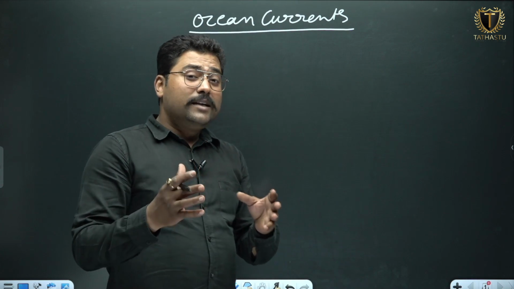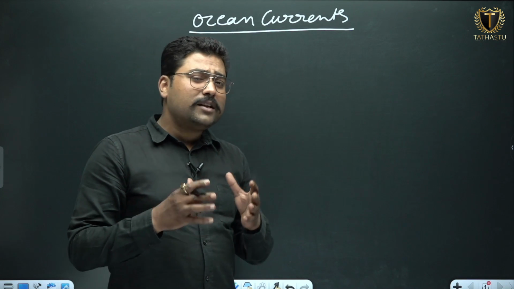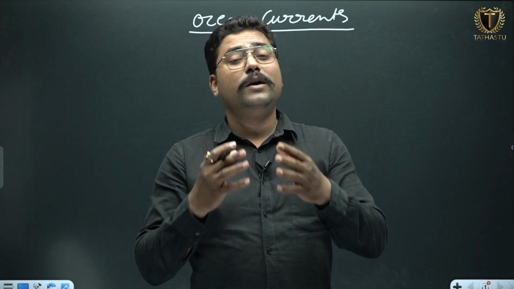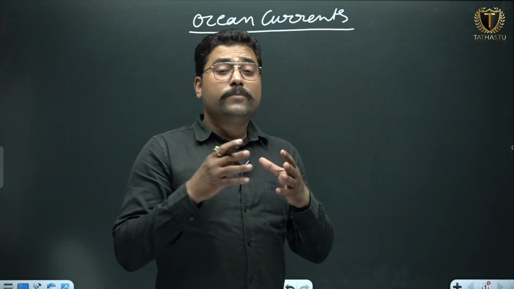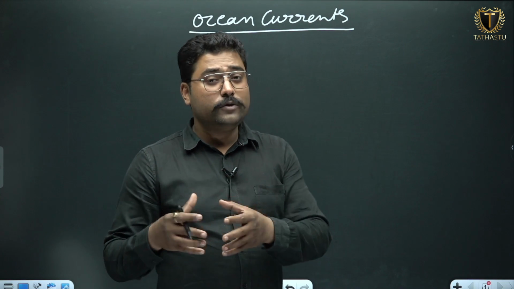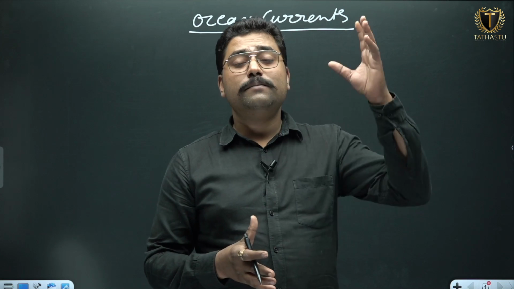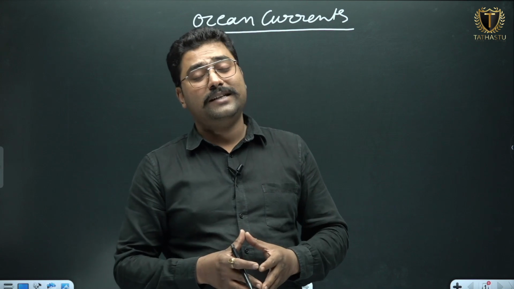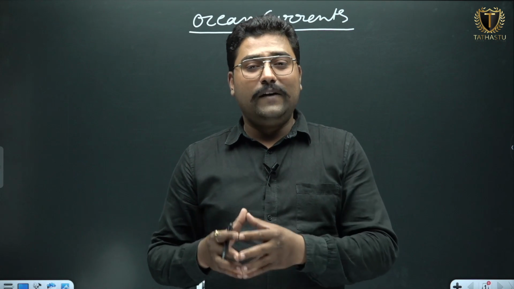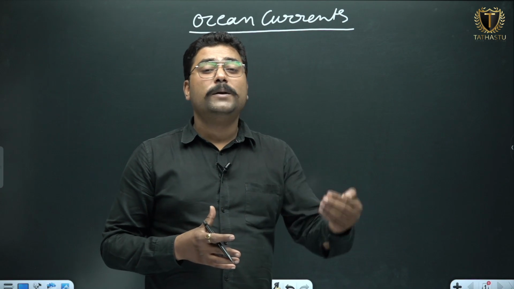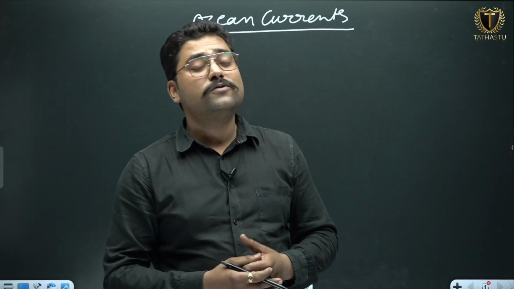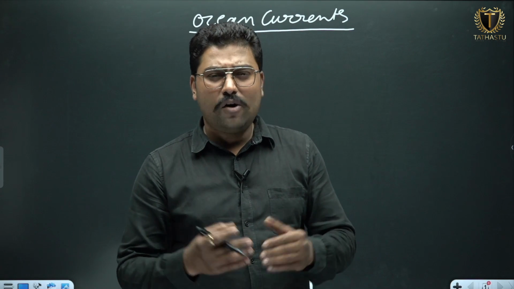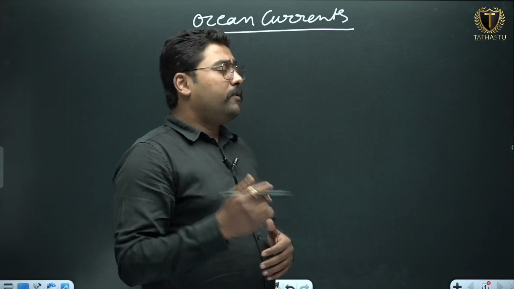Now the question comes, as geography is a science, what are the responsible factors which are forcing the ocean water to move in one direction? And the most important thing, the waters in the oceans are not moving from today or a few years, but they are moving since millions and billions of years, from the day the oceans came into existence. So like the factors responsible for the movement of wind, the factors responsible for onset of monsoon in India, or the factors responsible for formation of clouds or condensation processes, like that only, the factors which are responsible